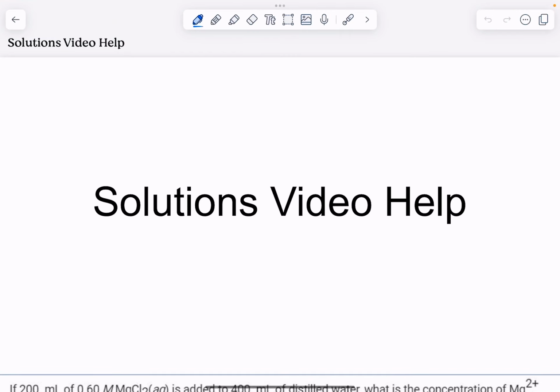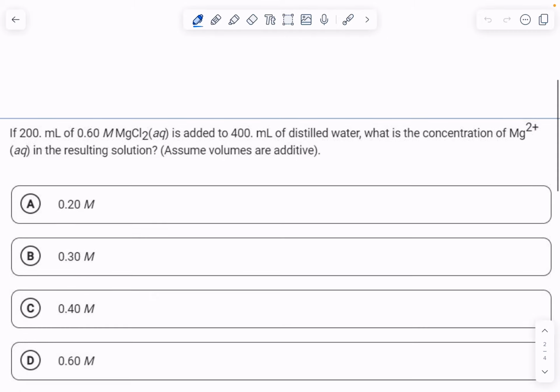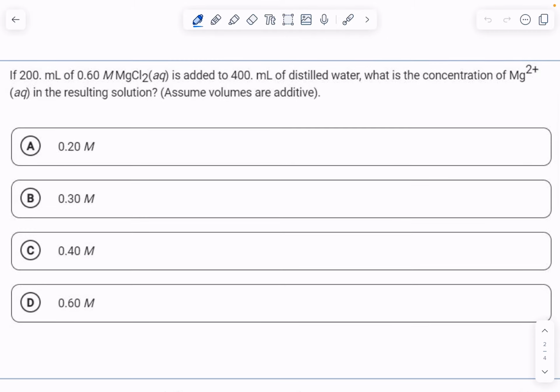All right, in this video, we're going to be looking at some solutions questions. In this first one, we've got a multiple choice. If 200 milliliters of 0.6 molar MgCl2 is added to 400 milliliters of distilled water, what is the concentration of the Mg2+ in the resulting solution? Assume volumes are additive. Okay, so here we are doing a dilution problem, and every time we do dilution, we